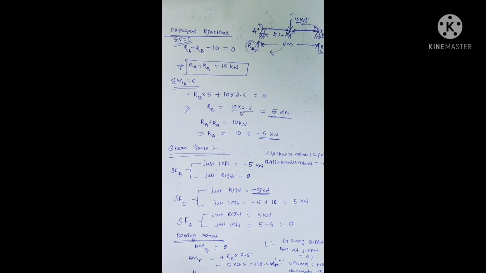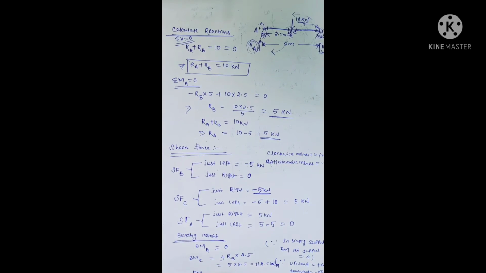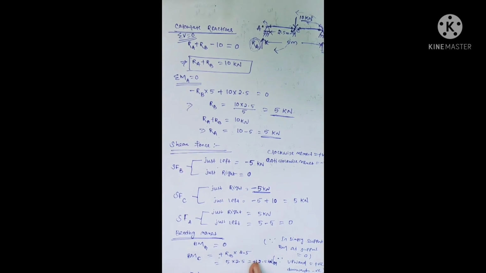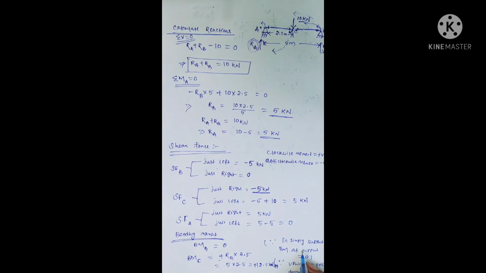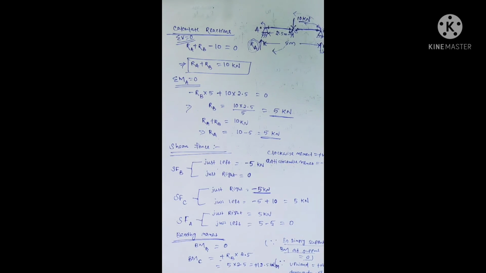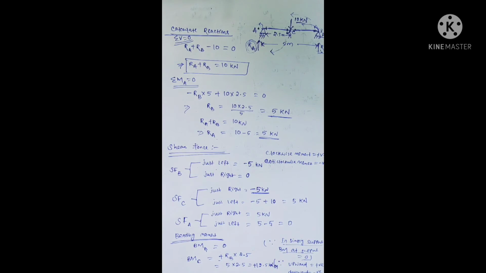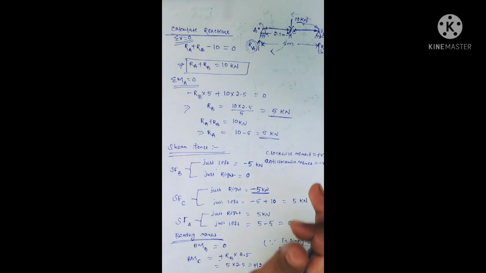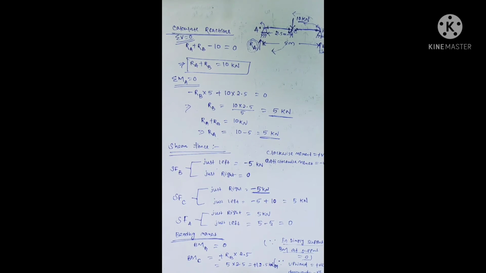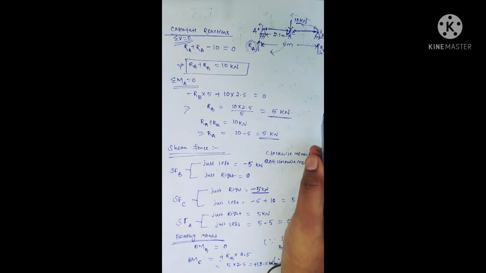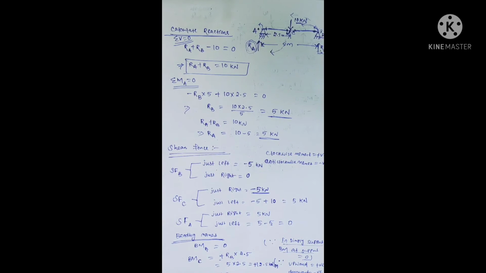Okay. Now bending moment at point A. I say that at simple support, bending moment will be 0. Let's check whether it will be 0 or not. Okay. So the force RB into distance: about point A, the perpendicular distance is 5. And this is an upward force, so it will be positive.